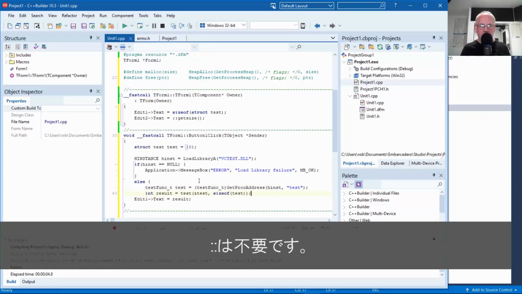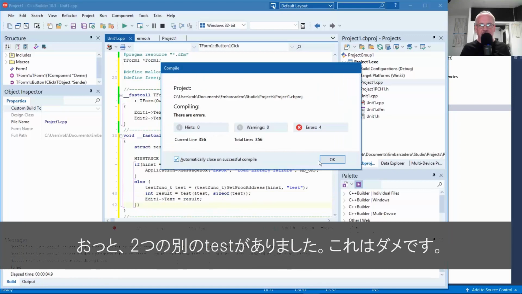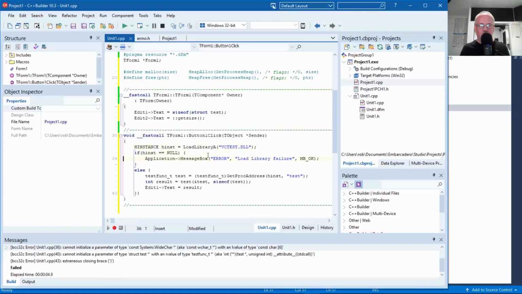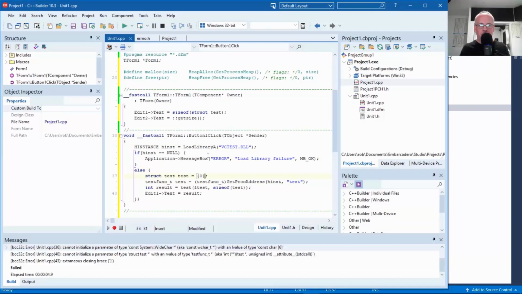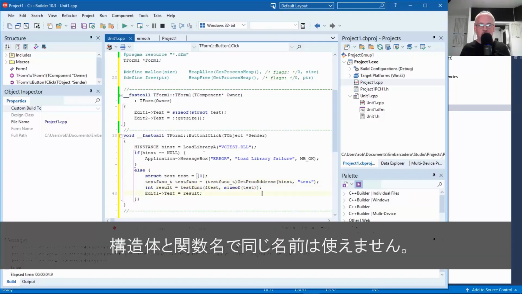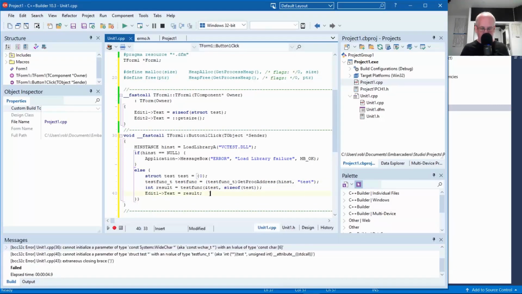Oh, now we have two symbols called test. That's not going to work. Go ahead and put it like this: test func, test func. That way we don't have both a structure and a function with the same name.